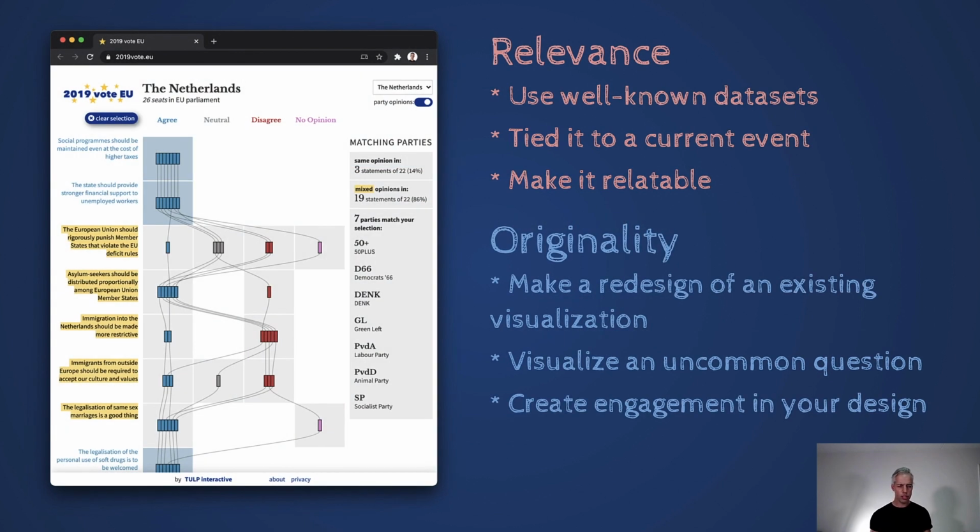Here's another project I did tied to the European election in order to create interest in this visualization. It's basically a redesign of a website you often see during elections, where people get statements and say, I agree, disagree, and in the end you get an advice or suggestion: you agree most with this party and a little bit with that one,